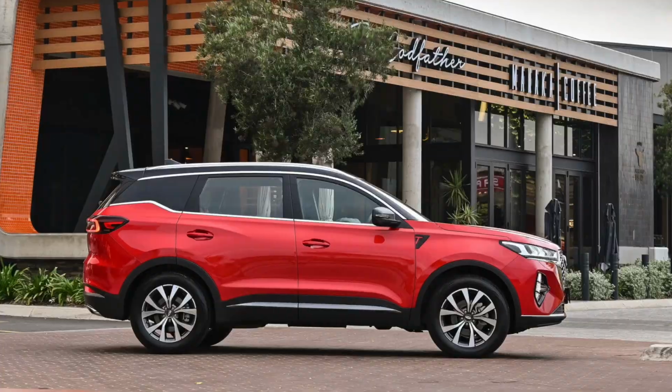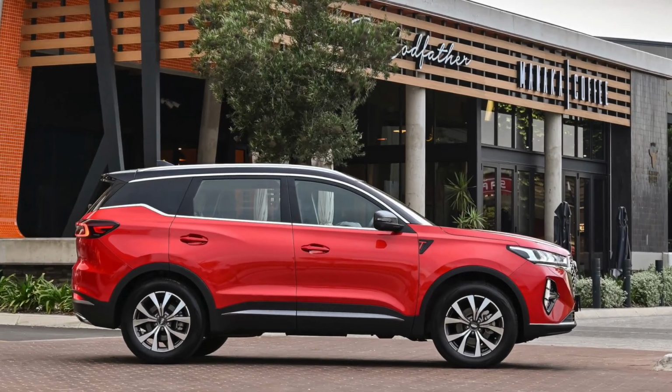I think it looks fantastic. Standard 18-inch wheels, and value for money is out of this world. So you get a distinctive model, which is 420 odd thousand. This is the executive top of the range. This is 454,000 rand. And I don't think there is a specification list because it comes with everything, even the